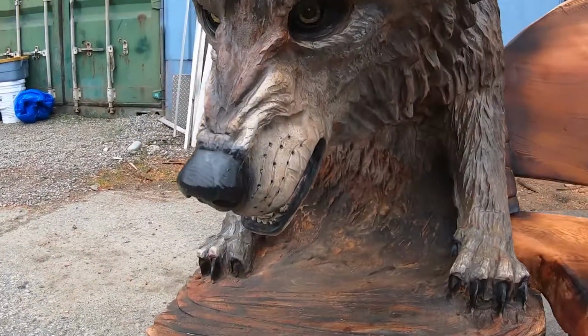We're on to part 2 of the wolf and bear bench. I am really happy with how the bear turned out. If you haven't watched it, just click back and you can watch part 1 of the wolf bear bench, but this is part 2. So for part 2, I am looking to slab out the benches, and I'm gonna take a big log, hook up